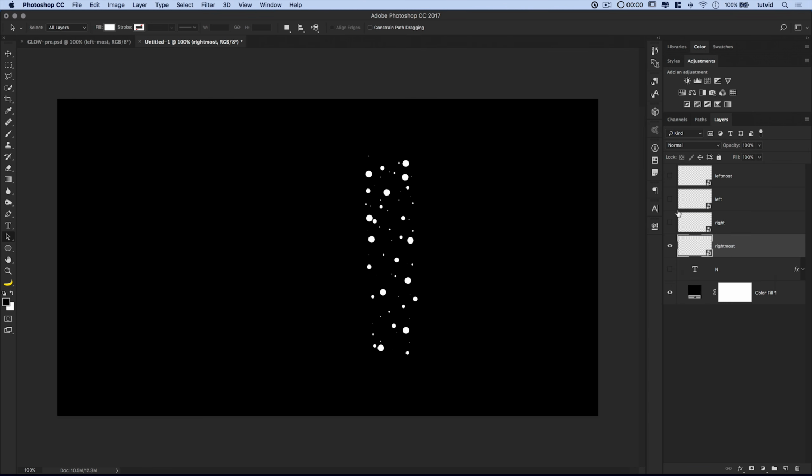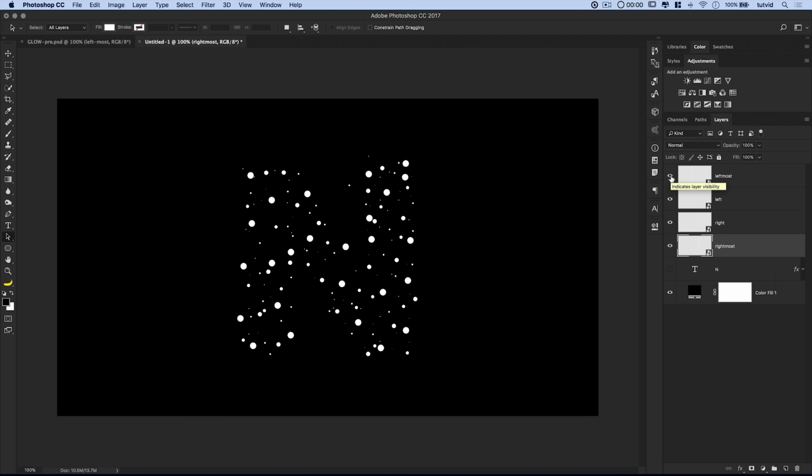Right click, convert to smart object. Voila. And it looks like the shapes got smaller, but it's just because it deselected all of the paths. You didn't lose anything. So we have rightmost, right, left, and leftmost to make up our letter. What we now need to do is mask each of these smart objects to the original shape of the letter